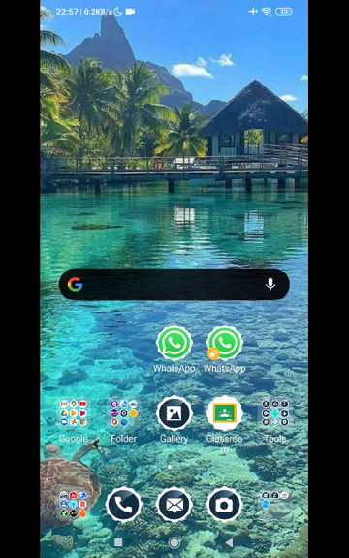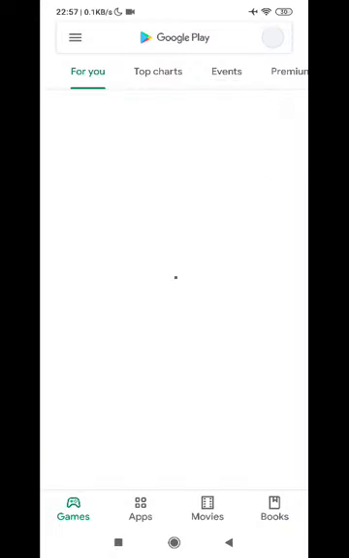But since the students will be running short of time, we need a very small and lightweight app for creating a PDF. So they can work with ClearScan or Adobe Scan if they want. Adobe Scan requires a lot of time to convert the PDFs. So basically we'll go to the Google Play Store first.